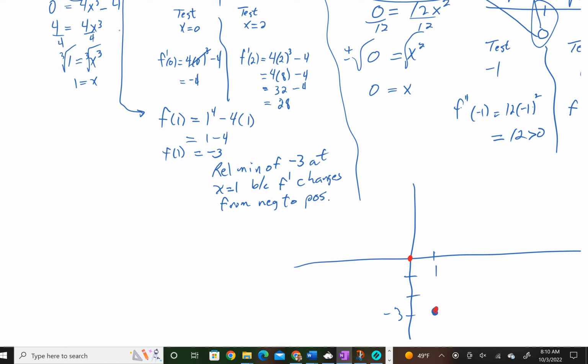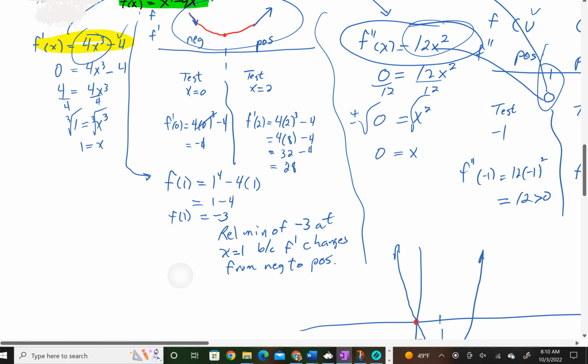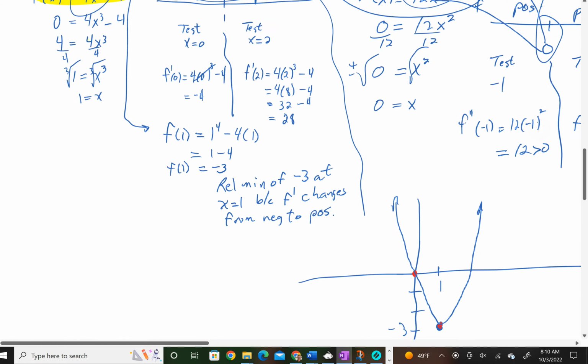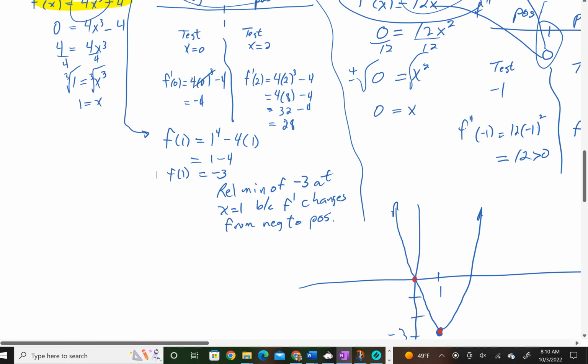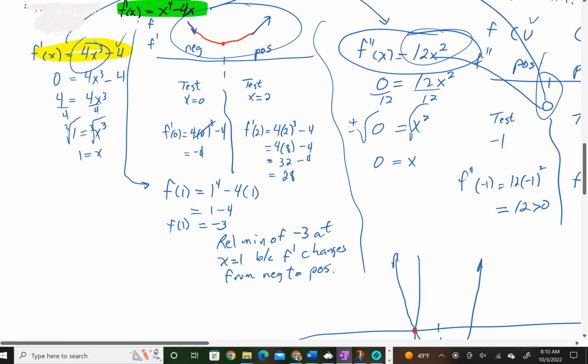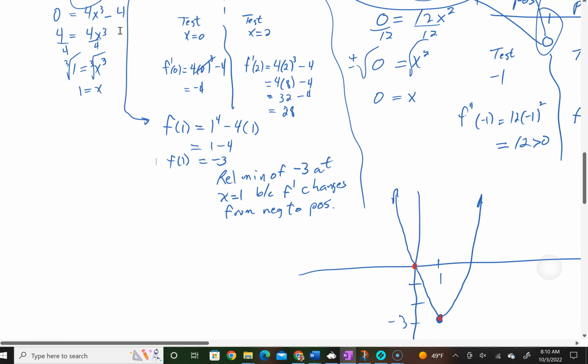And we know that we've got a relative minimum. We've got concave up everywhere except at this point 0, 0. You can wonder what's happening as we're going there. What in the world is happening? You can think this looks just like a parabola. It looks incredibly close to a parabola, doesn't it? According to the calculus, we know our curve is going to be going down. It's going to come up. At this point, 1 comma negative 3, that's our low point. We're going to be concave up like a cup,